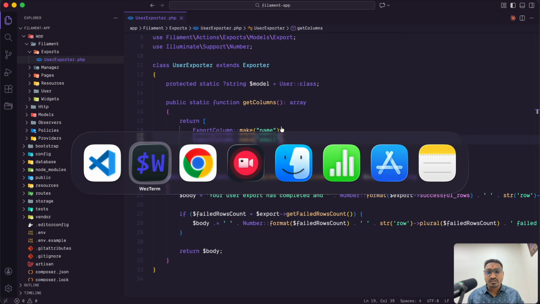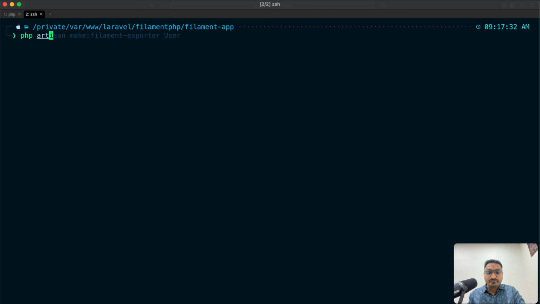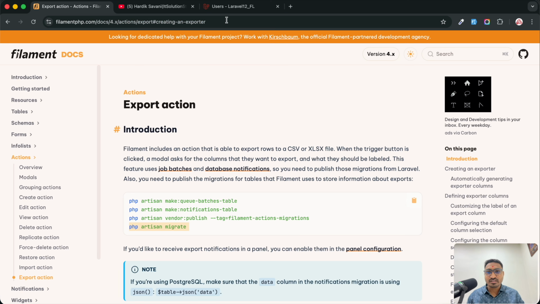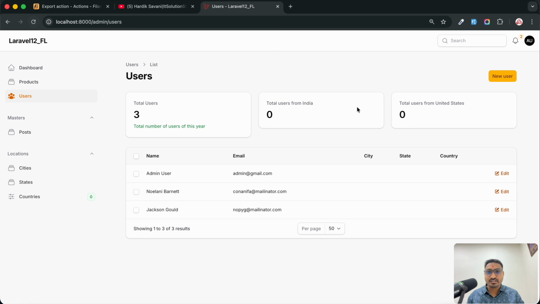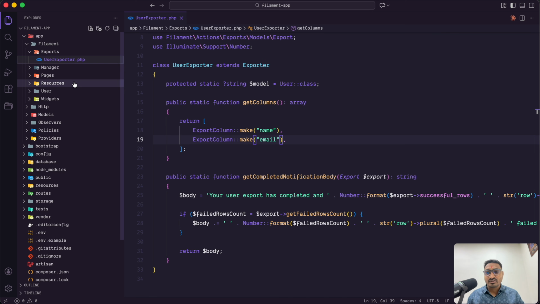Let me go here, and make sure inside the terminal you keep the queue running. So let me clear this, php artisan queue:work, and you have to keep it started. Let me go back over here and refresh it, but I don't see where I have to export. So let me go over here inside the VS Code editor, go to the resources,